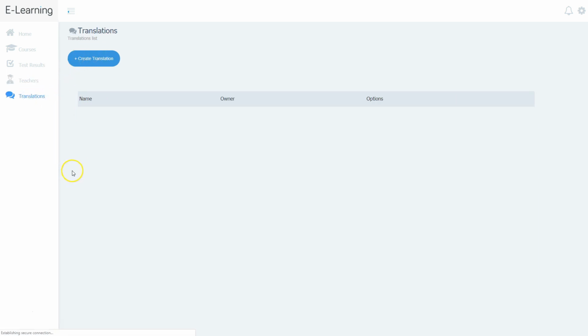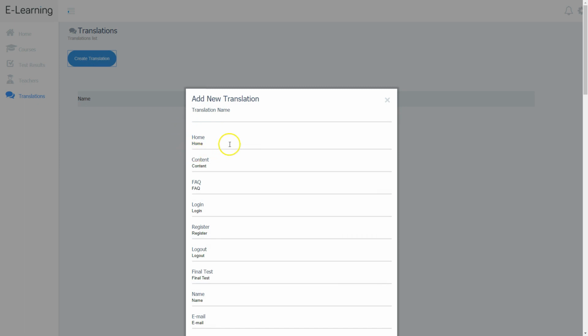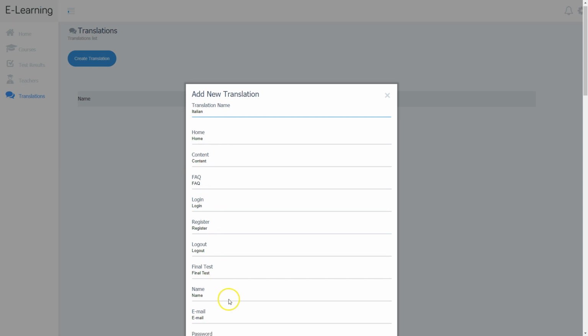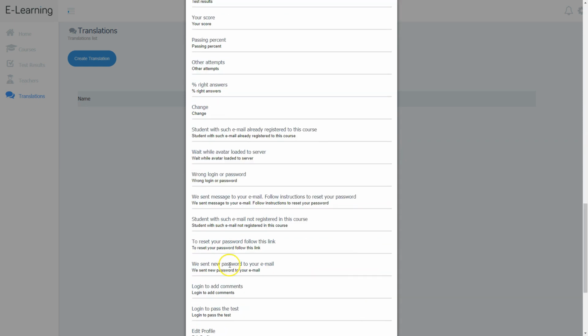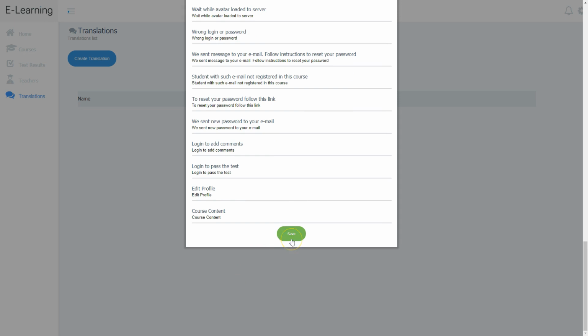And then translations. This allows you to create translations. If you click that button, you can translate the words that are in each of your areas for your course. So if the word home is in a different language, you need to put what the word for home is in that language. So it allows you to create your own translations. For example, if you're translating in Italian, you can put the translation name as Italian, and then translate each of these main words into Italian and type them and replace them here, and then go ahead all the way to the bottom, continue to translate, and then click Save,